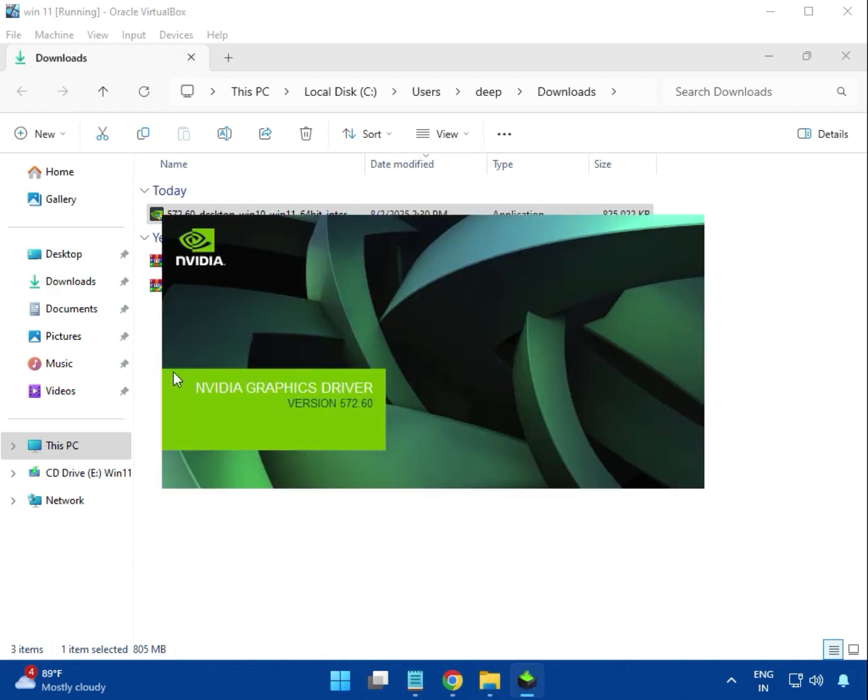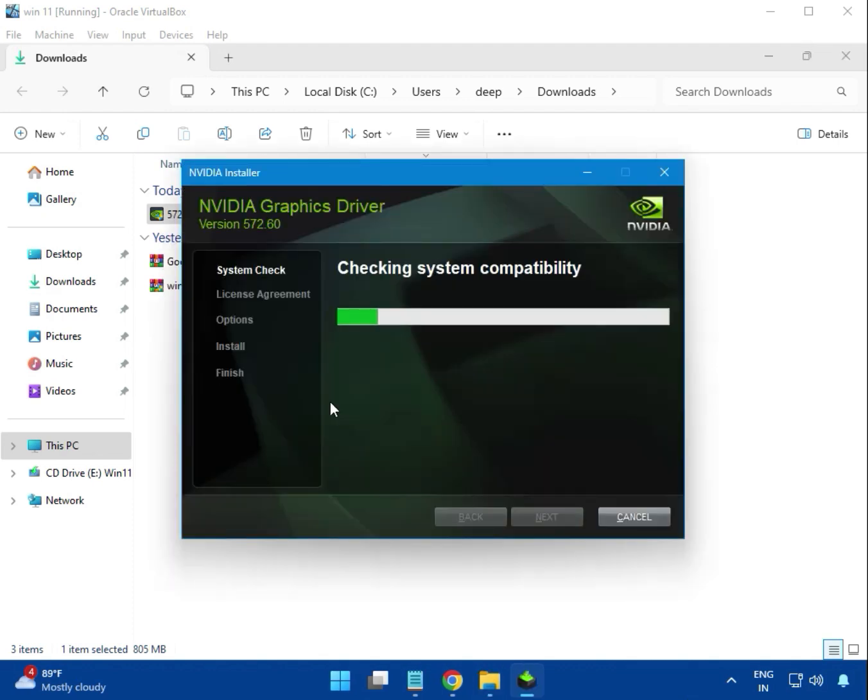After that, you can see it is checking the connectivity, and then next to install, next,